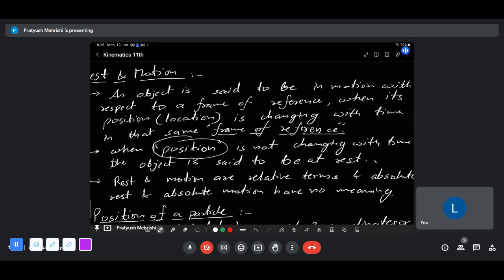Why? Because with change in the frame of reference, the definition might change also. The definition is with respect to the frame of reference, and if the frame of reference is moving, then everything is moving inside that frame. If a ball is stationary in a car, but the car is moving, then everything inside that car ought to be in a moving condition, is it not? Yes, sir.